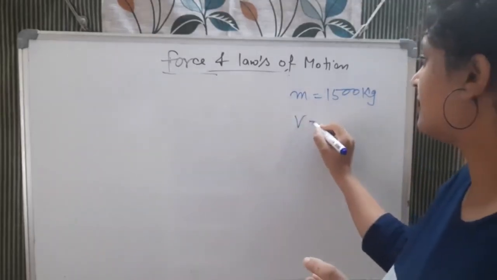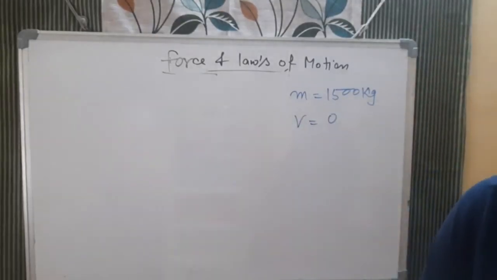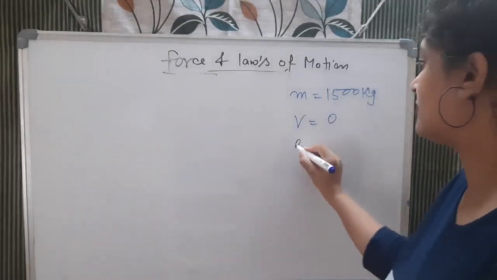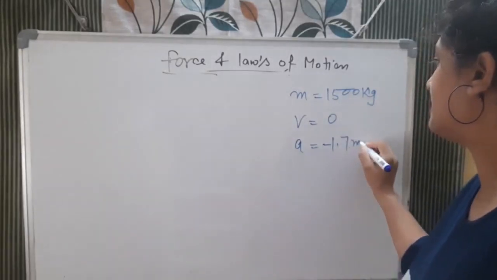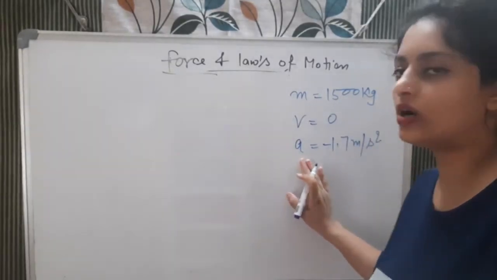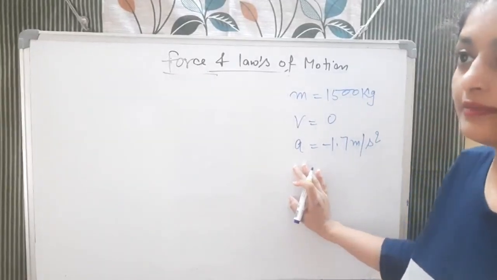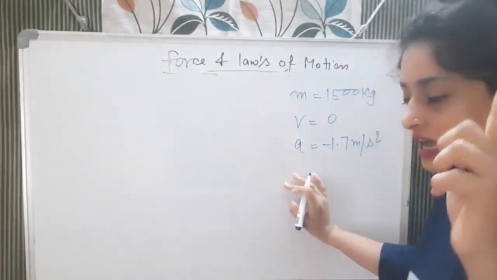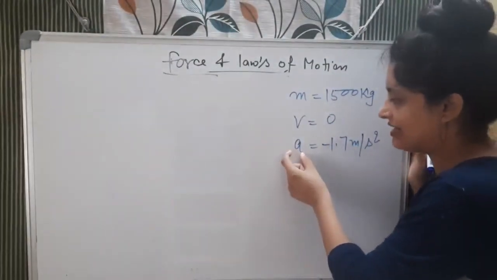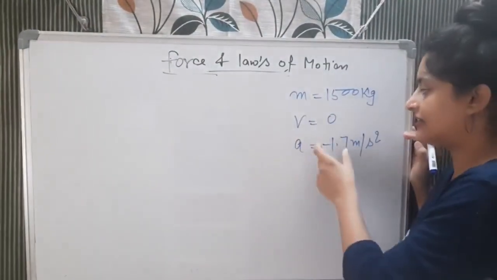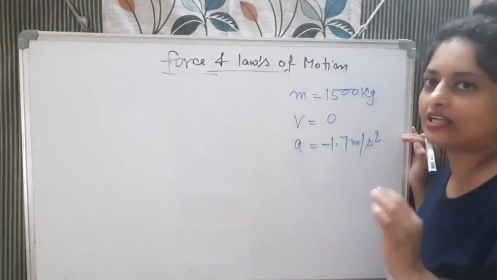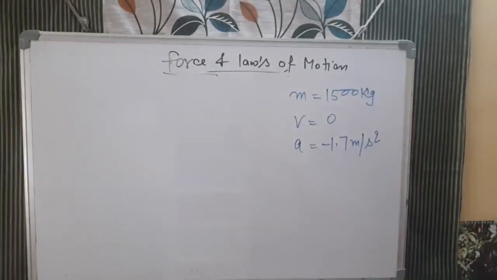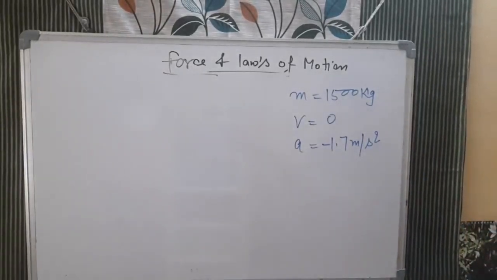Vehicle to be stopped means its final velocity will be 0, with a negative acceleration of 1.7 meter per second square. A is equal to minus 1.7 meter per second square. So this means it is what? It is retardation actually. See, children, there are two words. Acceleration positive, retardation negative. If you want to put a negative sign, you can write acceleration here. But if you are saying this is a retardation, retardation already carries the negative. You don't need to put this negative sign there. Okay? So here the question is what? A is equal to minus 1.7 meter per second square.